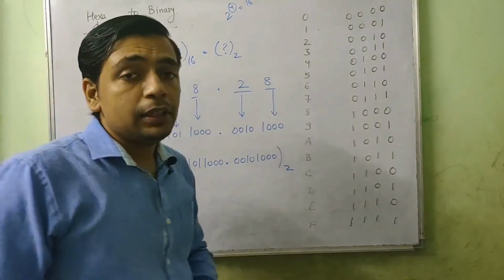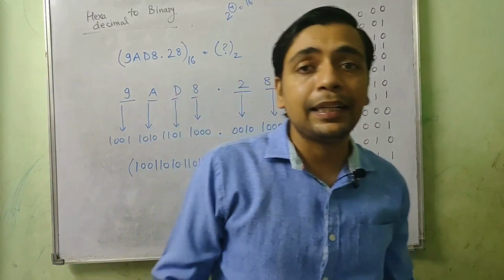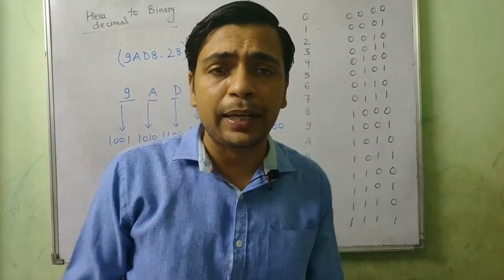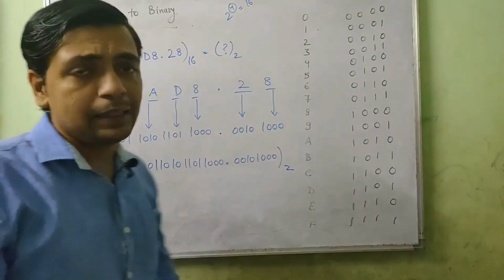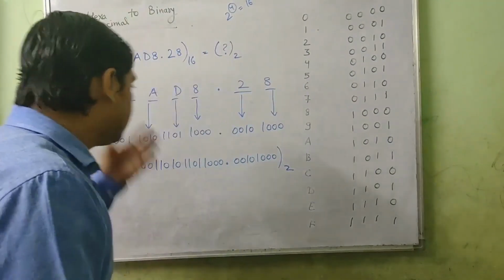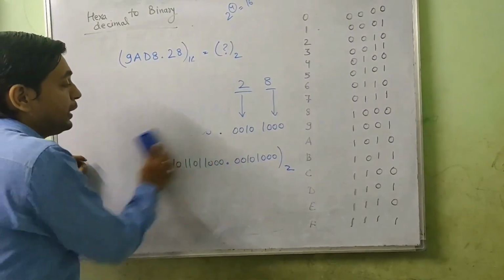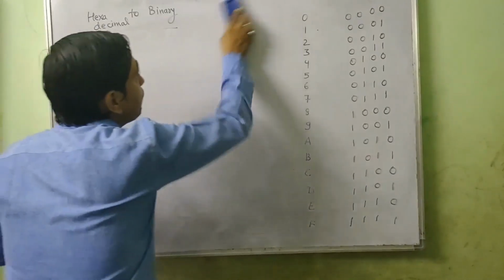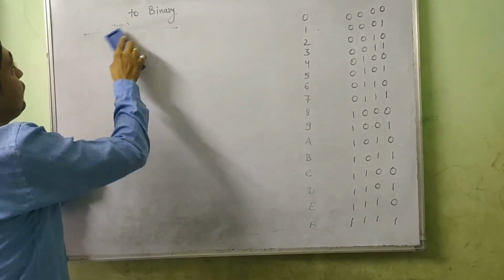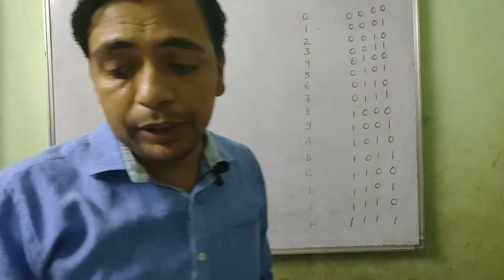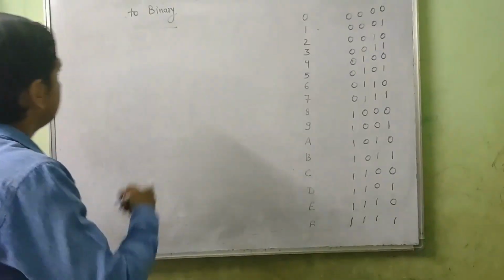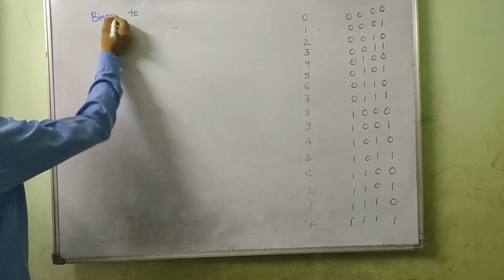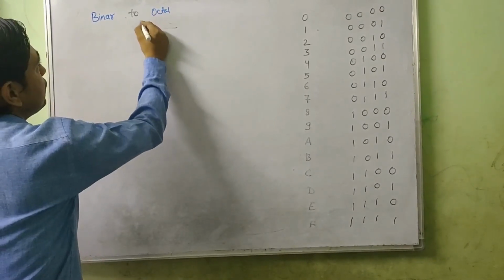So this is your given binary number for the given hexadecimal. Now if we want to convert binary into octal or binary into hexadecimal, the process is just the reverse of this. So let's do that, and that would be the end of today's video lecture. I will provide you some exercise questions at the end of the video lecture, so please go through the video till the end. Okay, so now it is binary to octal or hexadecimal.